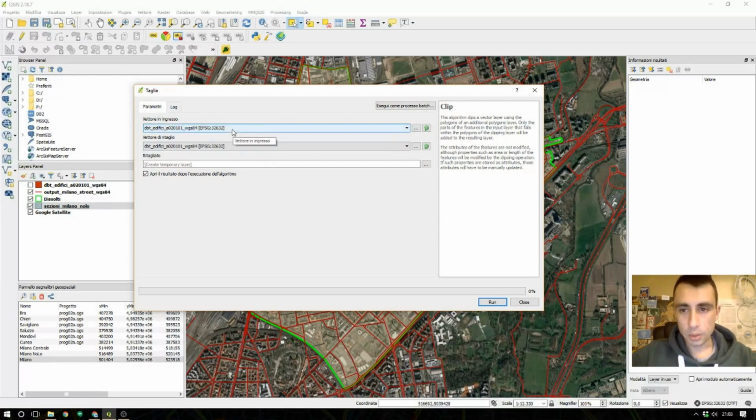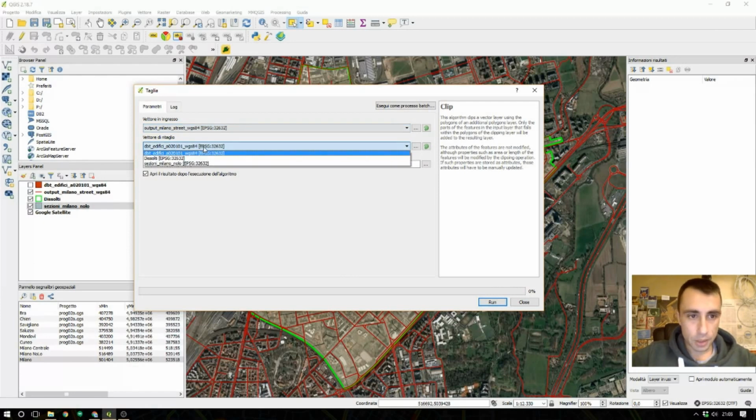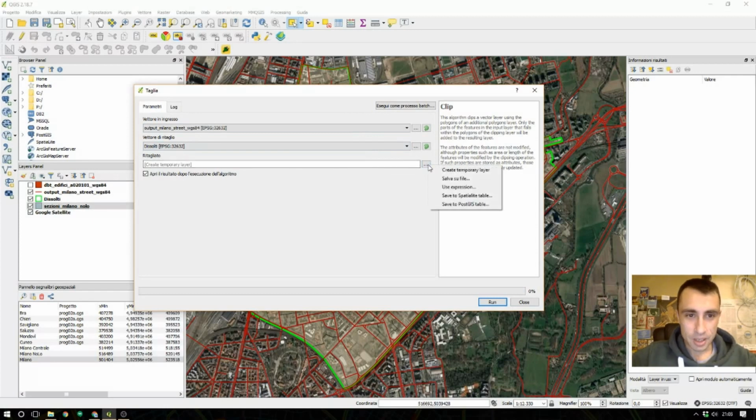The input vector is the one which overflows the boundary of the area that we want to have, and then the overlay layer, the trimming layer, is our area we have created, called dissolve.